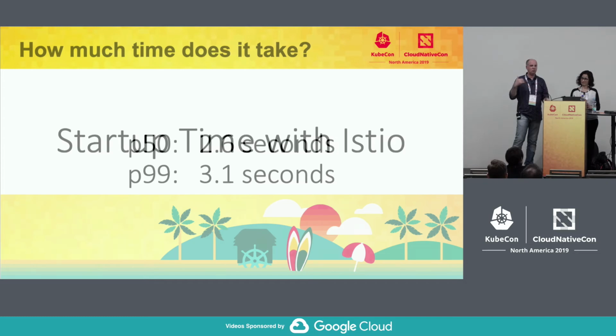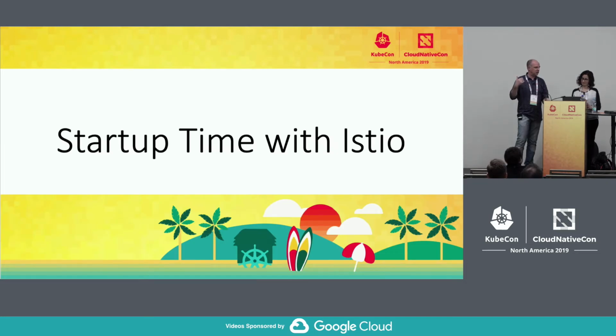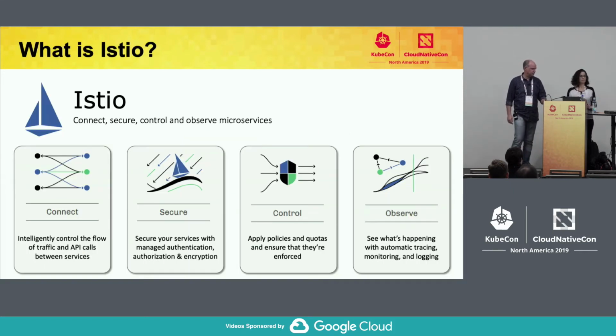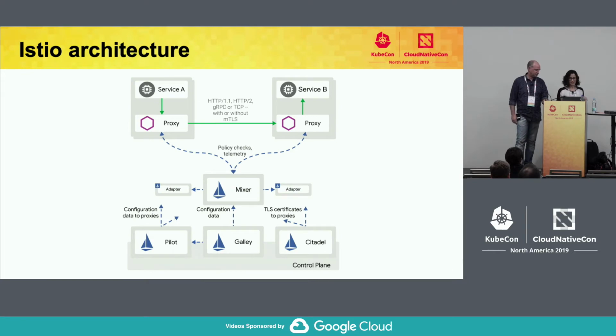And now, what happens when we actually take a look at adding Istio into the picture? How does that affect the startup time? And then we'll talk about how to shorten it. Yeah, so let's see what happens when Istio comes into the picture. Does anyone know what Istio is here? OK, I think I will skip the intro about Istio, so we'll have time to talk about the real stuff here. So just short